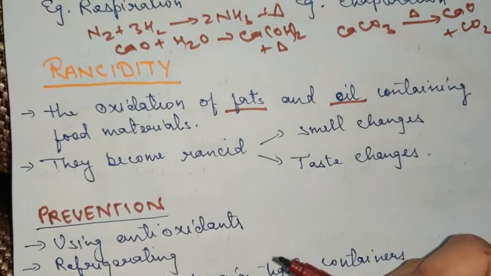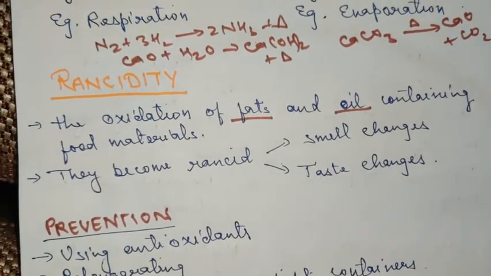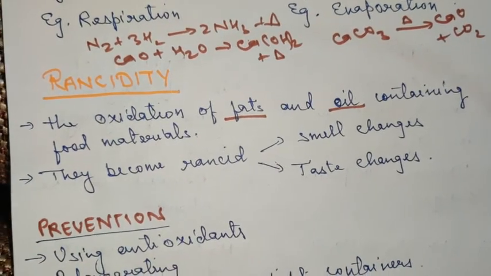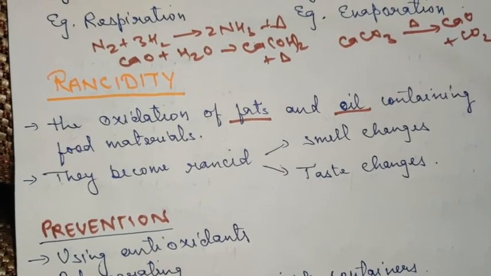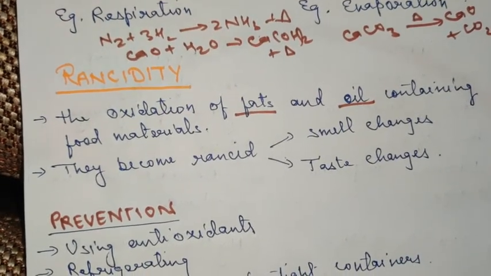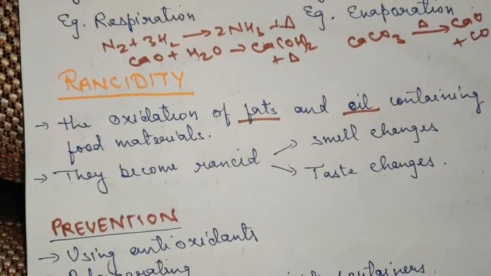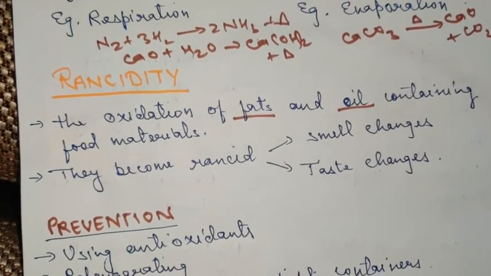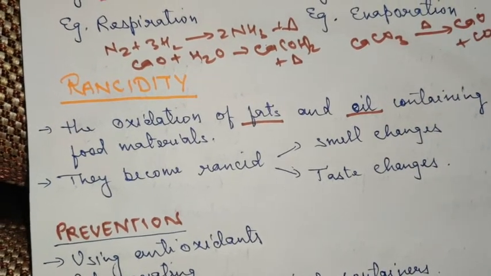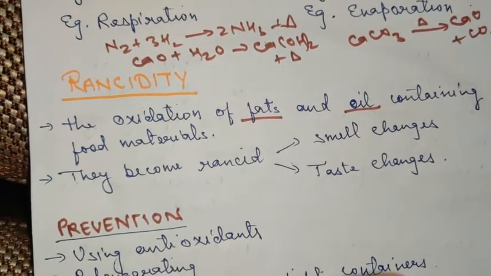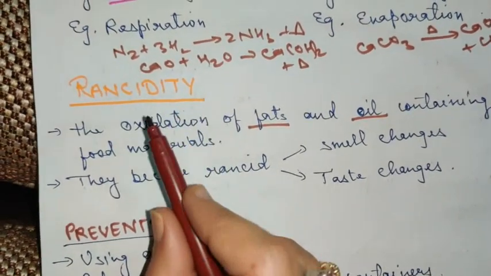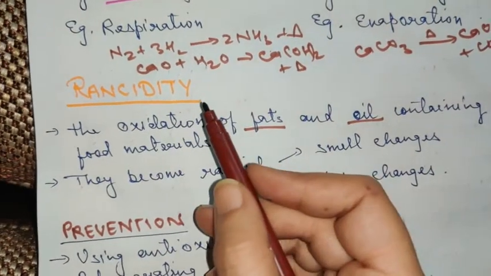You must have observed that if by mistake your mother forgets to keep the food in the refrigerator, what happens after one day, especially in the summer days? Food will start smelling bad, and the taste will also turn bad, which is not fit for consumption. So rancidity means the spoilage of food which contains fat and oil, and oxygen is a necessary condition for this process to occur. I hope this is clear, but there are certain methods also to prevent rancidity.